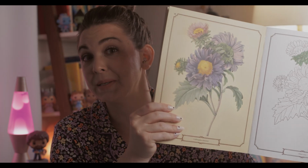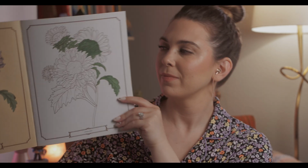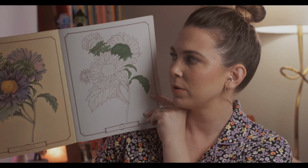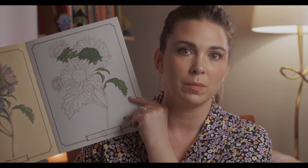Okay, so here's what we're going towards, and here's what we did today. Just a couple of leaves. But this picture is so beautiful. I don't want to speed through it. I want to take my time. This could keep going on and on and on, and I think that's what's so beautiful about taking the time